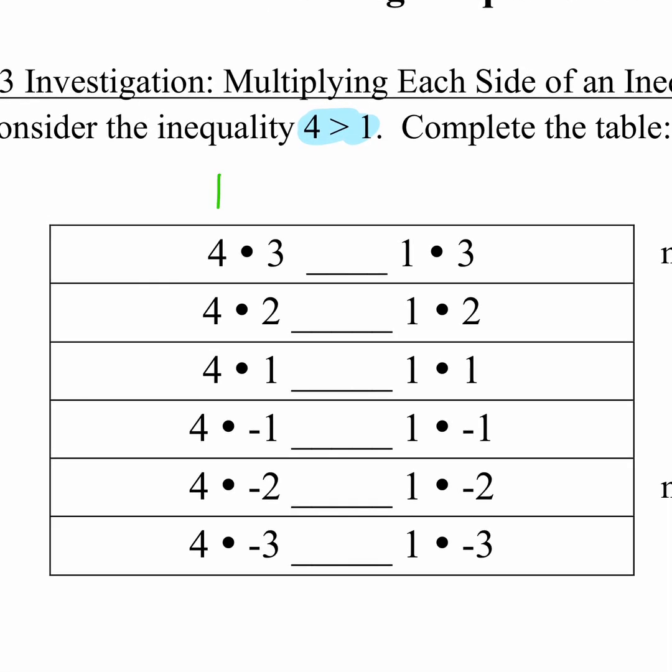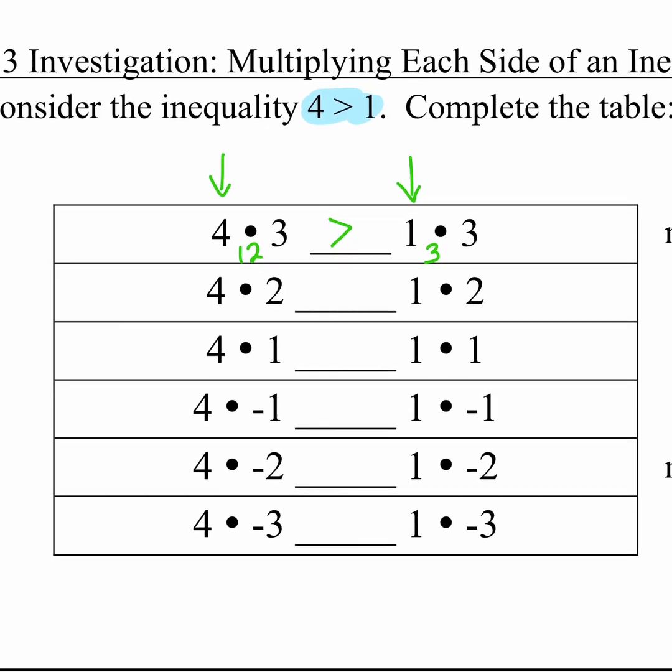So if you notice, if we multiply our original number 4 by 3, that gives us 12. If we multiply our original number 1 also by 3, that gives us 3. Now if you notice, the inequality sign is going to stay the same because 12 is greater than 3. If you continue that process, you'll notice that you'll get 8 is greater than 2, 4 is greater than 1,